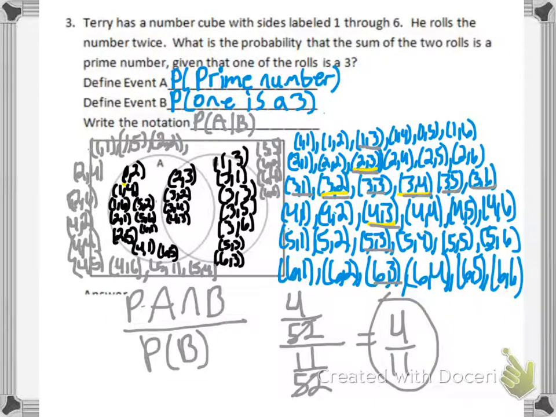Number 3, I made my sample space here. Probability of A is prime numbers. Probability of B is one of the numbers is a 3. So we want the probability of A given B. Right here, we know the intersection. All of our outcomes that have a 3 in them and make a prime number are 2, 3, 3, 2, 3, 4, out of a total